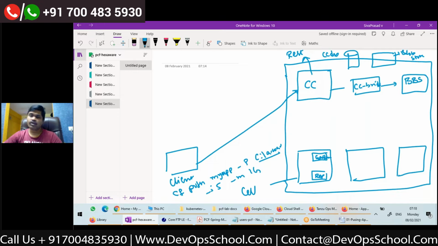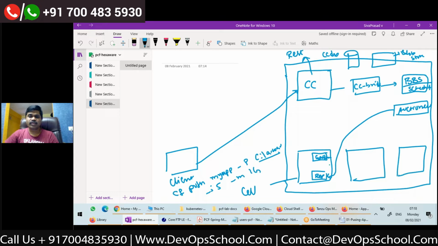BBS stands for Bulletin Board System. It acts like a scheduler. Whenever BBS has to schedule, it will delegate to the auctioneer. The auctioneer will talk to the representatives to participate in an auction, select one of the representatives, and ask it to create a container.